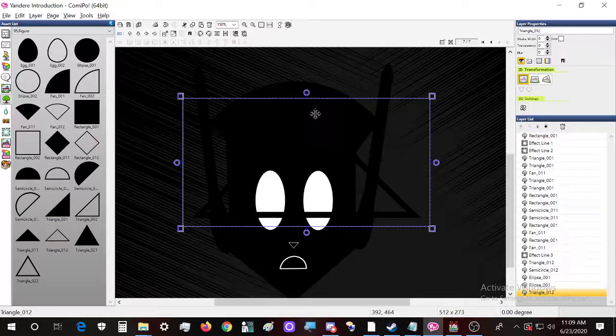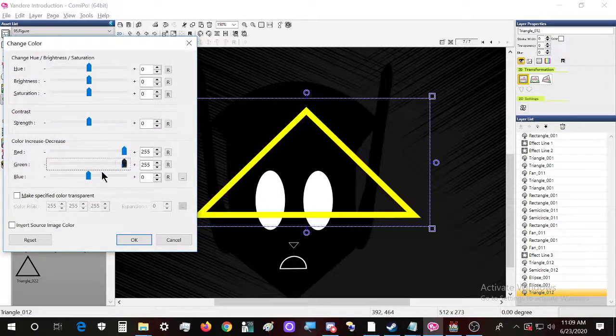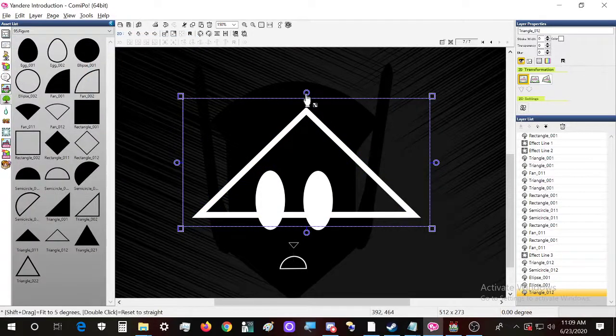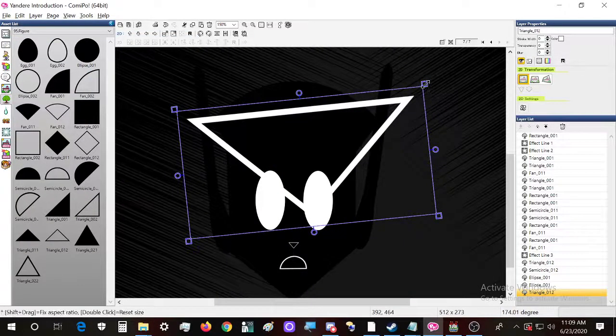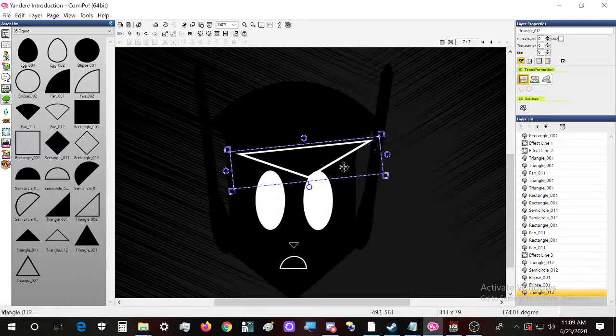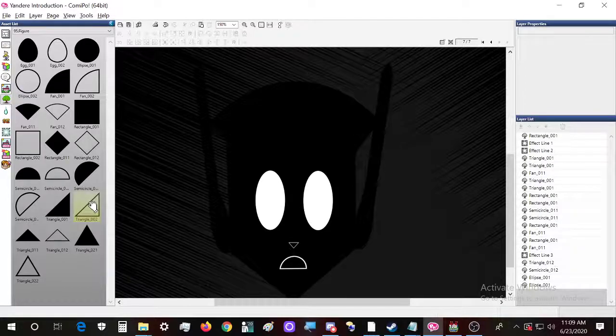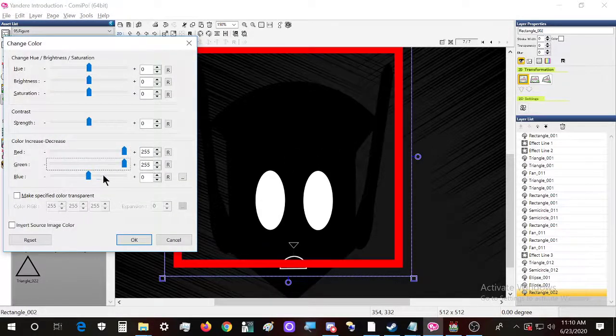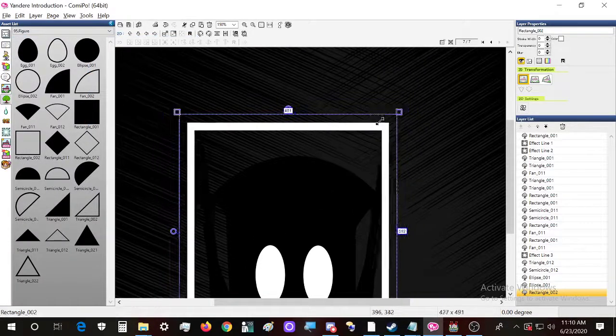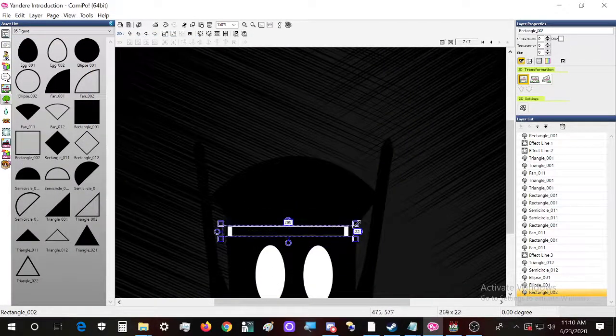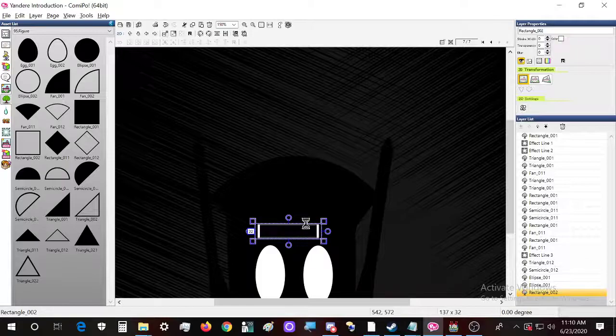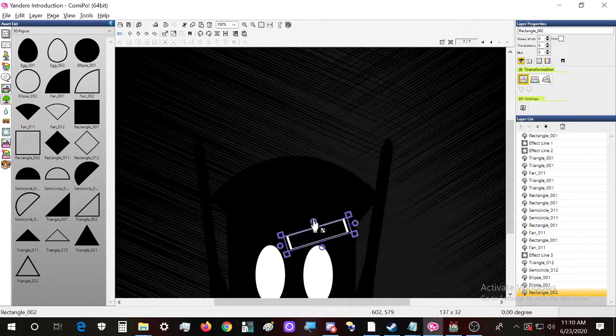Now what we need is a triangle, and we make it white as well. This triangle is going to be the eyebrows, but wait, I can't make it irregular. I need a triangle that I can make irregular. So I'll use a square to make it white, because I can play with the dimensions, and I can make it something like this. Make it a bit higher so that I can rotate it, and then make it much smaller.